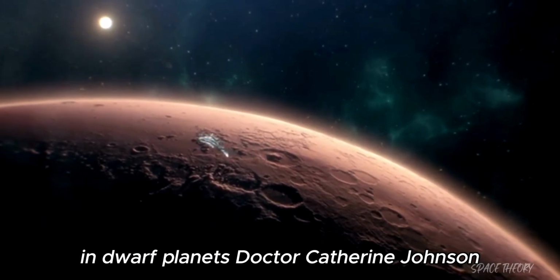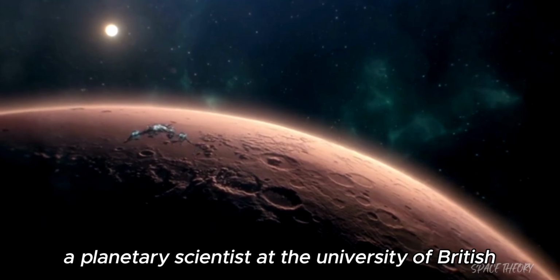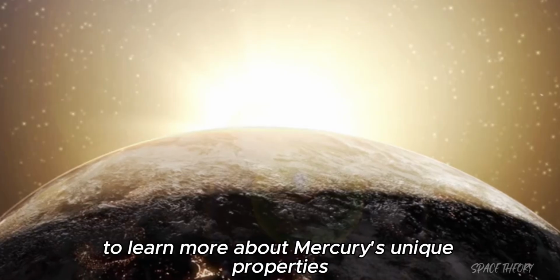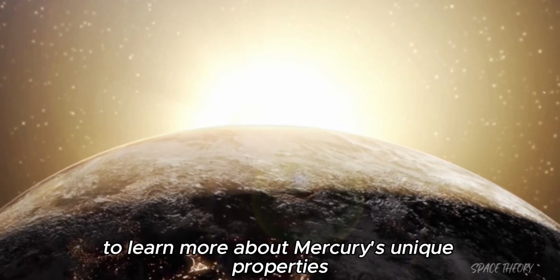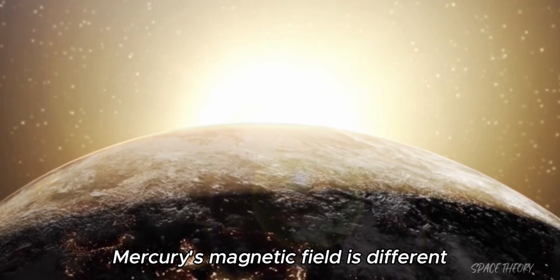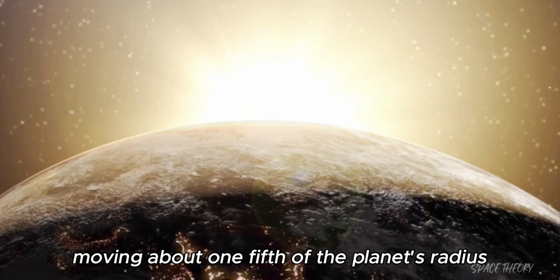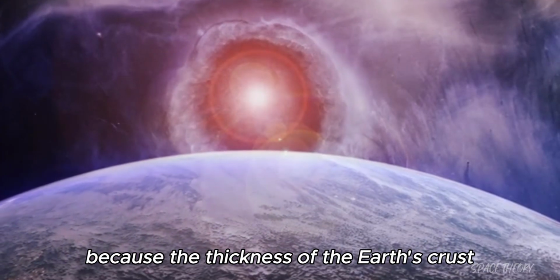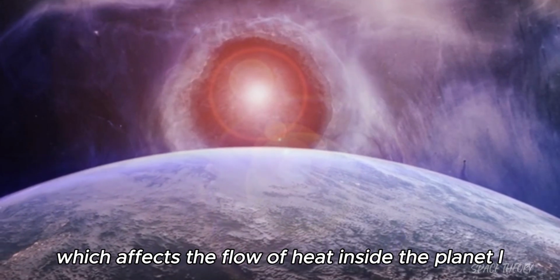Dr. Katherine Johnson, a planetary scientist at the University of British Columbia, and her team are still studying the case to learn more about Mercury's unique properties. Mercury's magnetic field is different, offset by about 1/5 of the planet's radius. This is probably because the thickness of the crust is not uniform, which affects the flow of heat